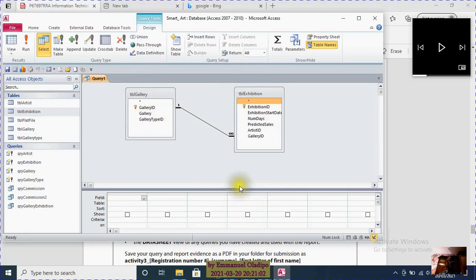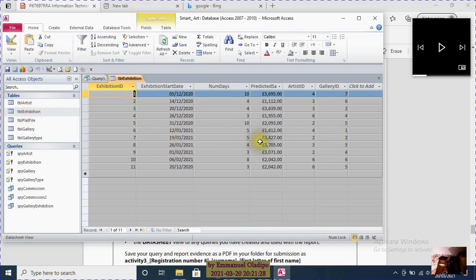Okay, so the next thing we're going to do now is, because we need to group this, and we can only group this by the gallery. We can't group the gallery itself because the fact remains that some records were repeated here. If we look at the exhibition table and we look at gallery ID, you see 2 is there, 2 is there. So we're going to group by